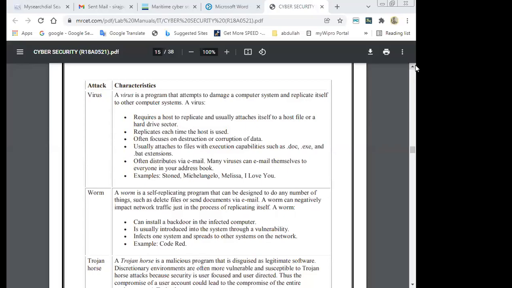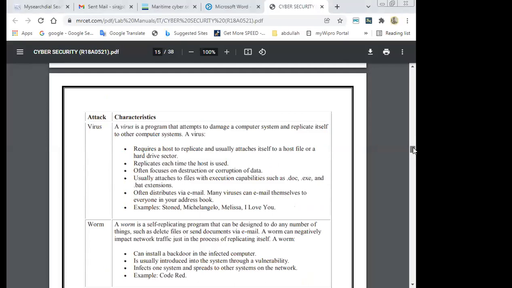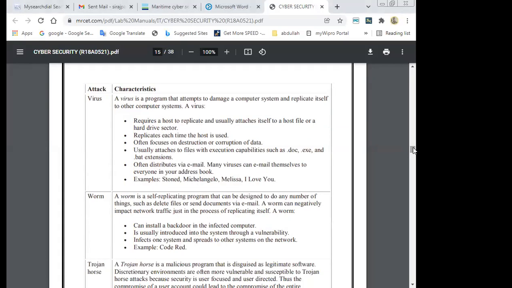तो हम लोग ने सॉफ्टवेयर अटैक्स की 4 टाइप देखी, ये बहुत इंपॉर्टेंट है। तो वायरस, नंबर 1। वायरस क्या है? वायरस इज अ प्रोग्राम दैट अटेम्प्ट्स टू डैमेज अ कंप्यूटर सिस्टम एंड रेप्लिकेट इटसेल्फ, and it continuously creates copies, and it is basically attached with the host. So whenever we use the host, a new copy of the virus will be generated,